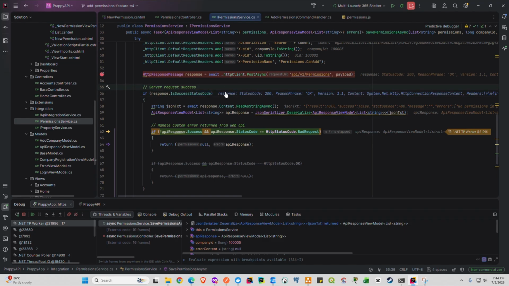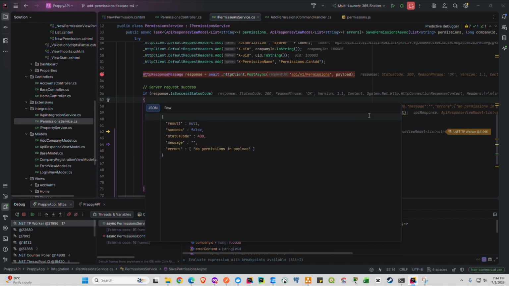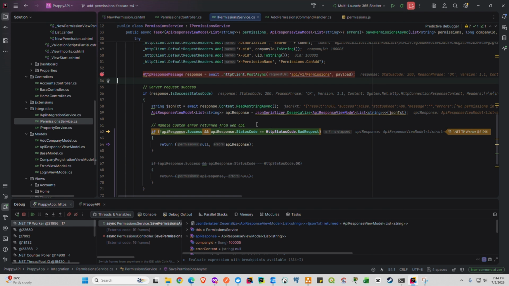But then because of our custom response from the backend, we need to deal with this one here, the status code of 400, because we have a custom logic there which returned a status code of 400 and this message here, the no permissions in payload. So basically, we handle that via this one here. So as you can see, we handle the custom error that was returned from the web API, despite the fact that